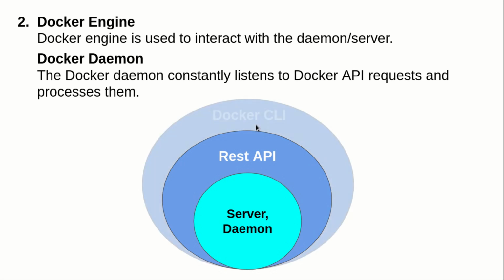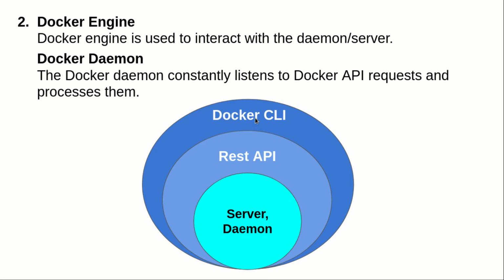Alright. So after this REST API, there is a Docker CLI. It means it is a command line tool that you will give the command in, and it will perform the functionality according to the commands. Alright. So this is the client part and this is the server part. You will give the commands inside the Docker CLI and after this the command will be transferred to the REST API. Alright, it will build the communication between the client and the server and now the server has received this command, and after receiving it, it will give this command to the runtime. The runtime will perform functionality according to the command. Alright.